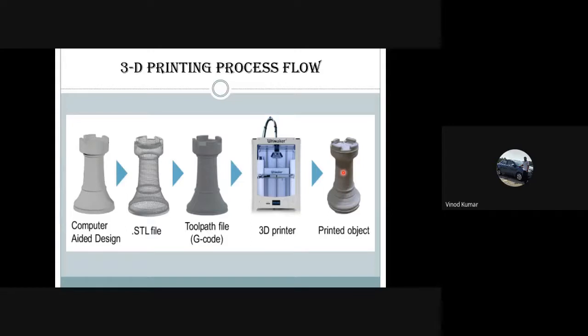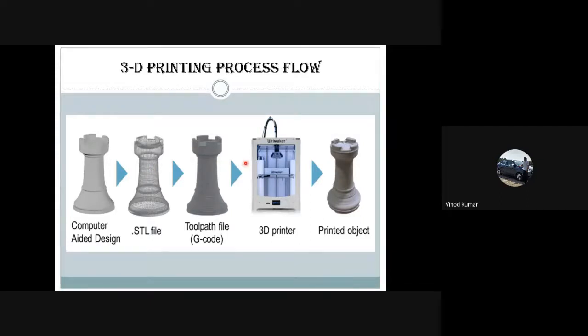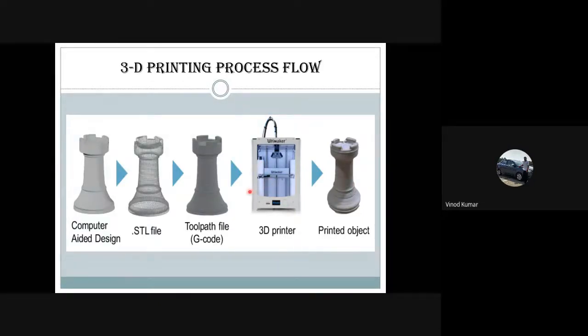So today we will be demonstrating the machine. Once the machine is demonstrated, next we will be explaining how to draw a 3D model using the CAD software. And once the 3D model is prepared, we will explain how to use the Ultimaker Cura and convert that file into a G code file. And after that, we will take that same file and feed it to the printer, and how to feed it to the printer, what precautions we need to take while feeding, all those things we are going to explain.